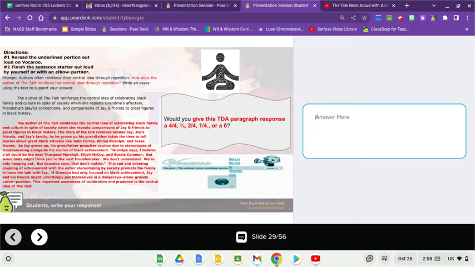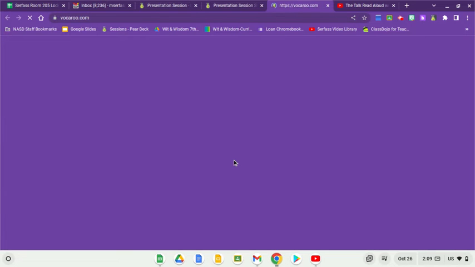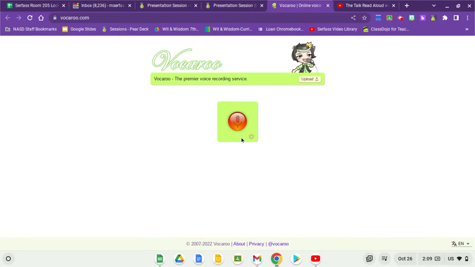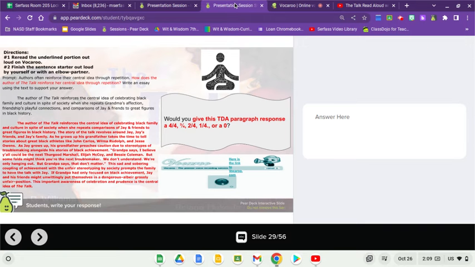Your job now is to take the time to read this prompt and this thesis and body paragraph out loud, and then to give it a grade that you think it deserves. That means you should probably open the Vocaroo now and then click the microphone. Boom. So now that you have the microphone recording you,